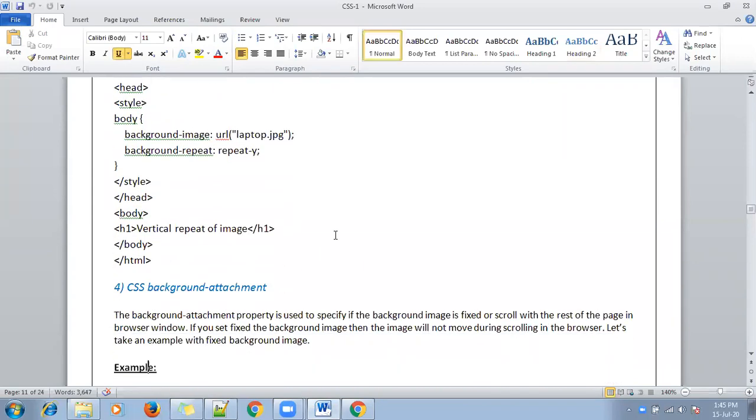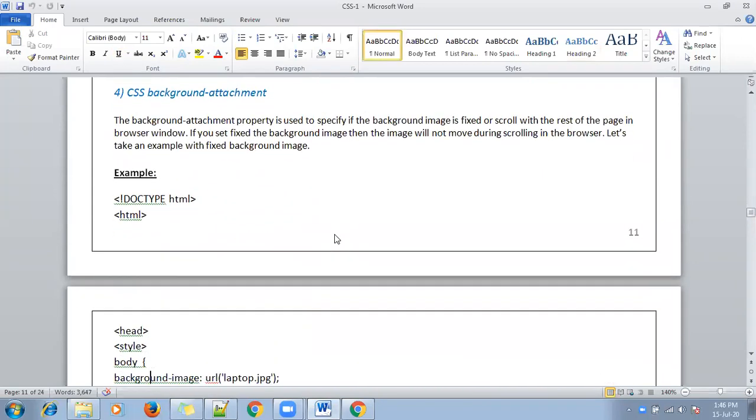So the next background property is CSS background attachment. By using this property we can specify whether our background image is fixed or scrolls with the rest of the page in the browser window.